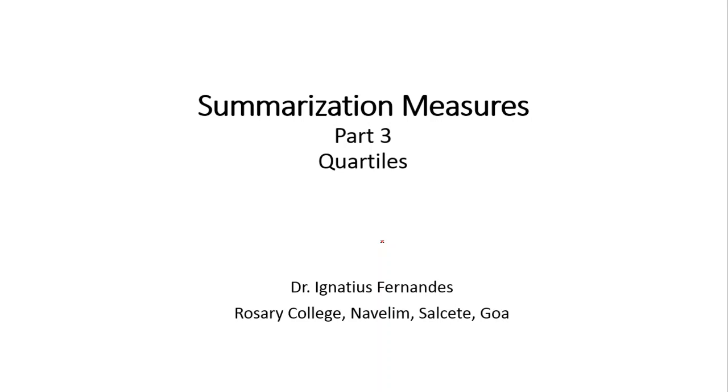or ungrouped data. So quartiles are another measure of central tendency that we usually use besides these other measures, and they are usually recommended when we are using median as a measure of central tendency. We'll talk about how to calculate these quartiles based on whether we have ungrouped data or grouped data in this particular module.